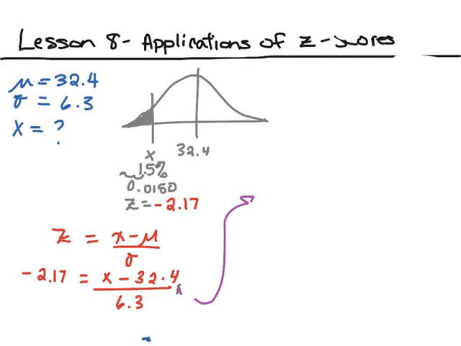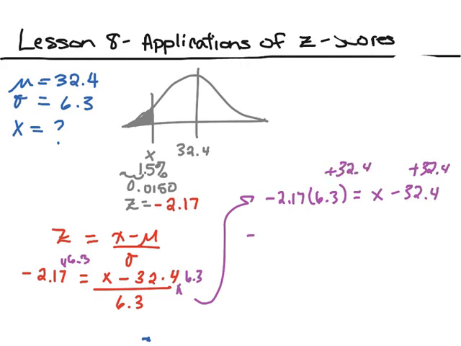So we're going to multiply both sides by 6.3. So negative 2.17 times 6.3 equals x minus 32.4. We're going to add 32.4 to both sides. So we have negative 2.17 times 6.3 plus 32.4. And your final answer is